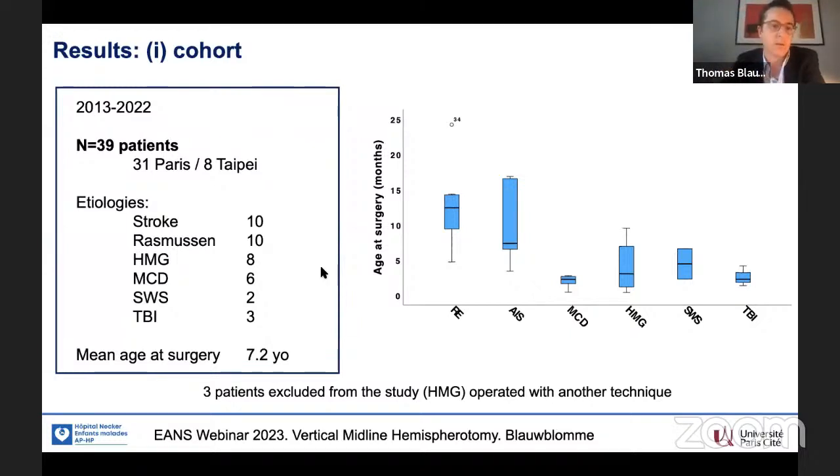Taiwan. So as you see, we have half of the patients are atrophic because they have stroke or Rasmussen, and nearly half of them are developmental disorder with hemimegalencephaly and focal cortical dysplasia multilobar. I excluded from the study 4 cases because we needed to do either an hemispherectomy for one case and a combined interhemispheric and Delalande approach for 3 other cases of hemimegalencephaly, and we will have a